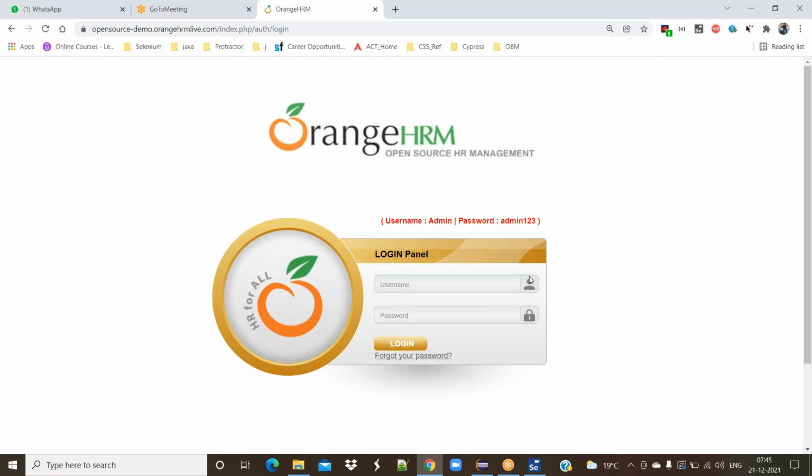As a user, when we ask Selenium to do some work, we need to pass two input parameters to Selenium very clearly. The first one is what action it's supposed to do, and the second is where it's supposed to do it. That where is nothing but a locator, that means the address of that particular element in this web page.